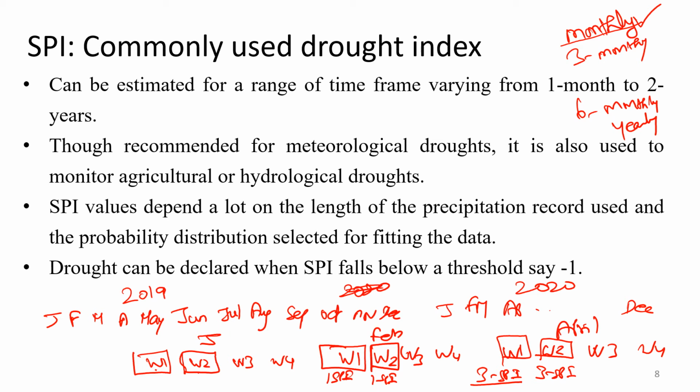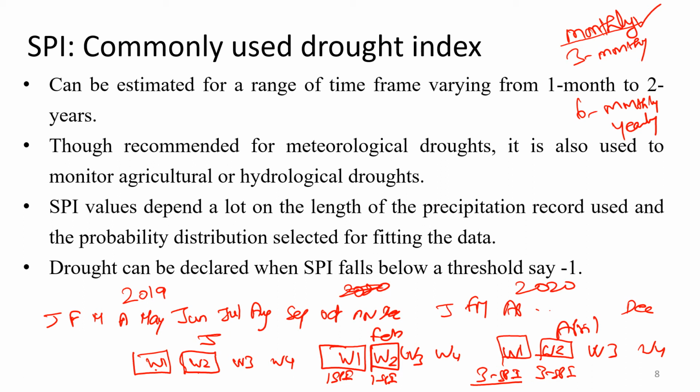So SPI can in general be calculated for multiple time frames, that is, whatever rainfall is observed between the first week of January and the first week of April. If I use that particular total 3-month record and calculate SPI, I call it a 3-month SPI. Similarly, if I use January first week to February first week for calculating SPI, I call it a 1-month SPI. So what is the time duration over which I am observing rainfall? Whether I am observing the rainfall over a 1-month period, 3-month period, 6-month period, or even a 1-year period, I can do it. Okay. So SPI can be computed for multiple time periods on a moving window time frame.